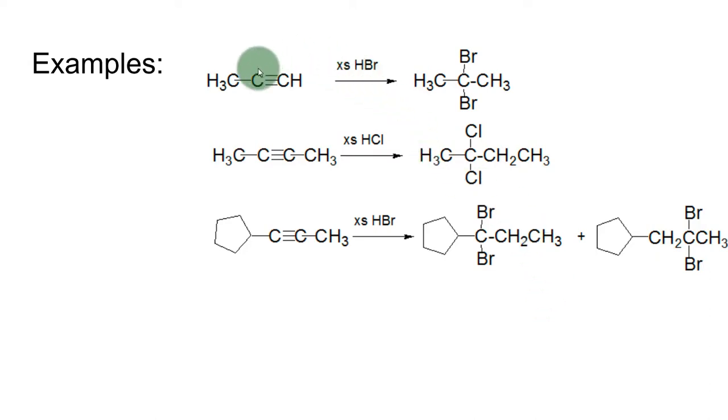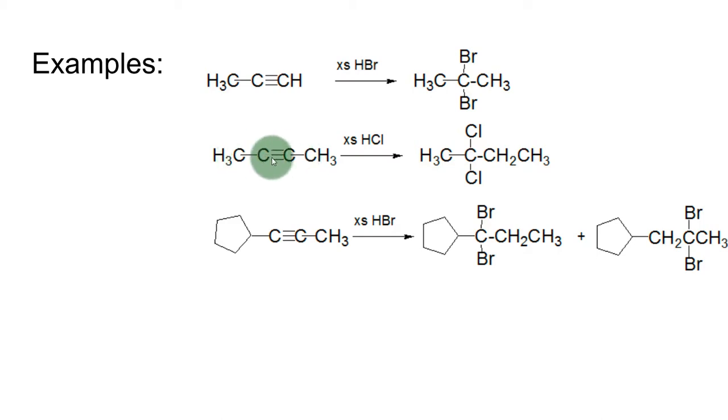So what if you had 1-propyne and you added excess HBr? Well, then it's a clean reaction. You put both hydrogens on this carbon, both bromines on that carbon, and you end up with 2,2-dibromopropane. What about this case where it's not a terminal alkyne, and so Markovnikov can't help us, but again, it